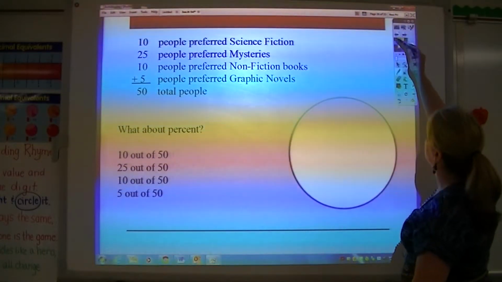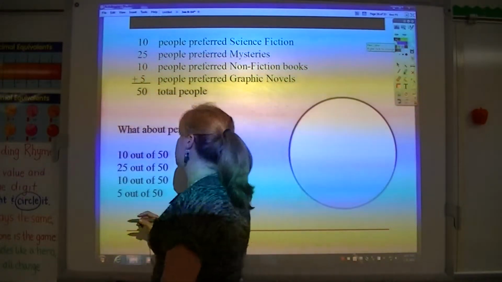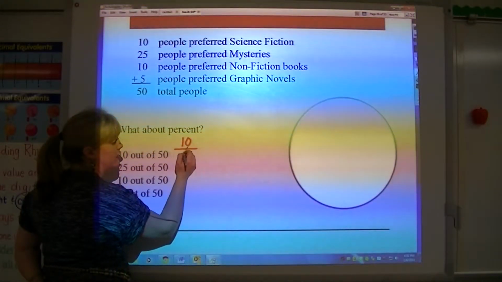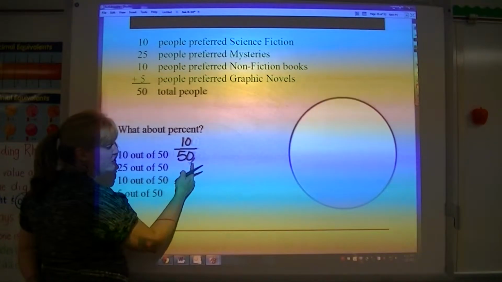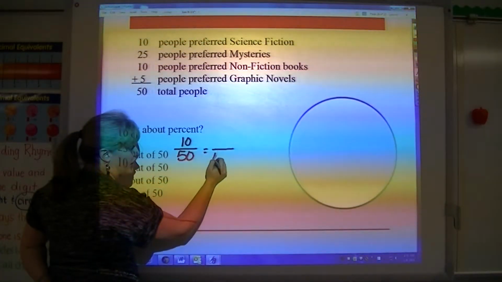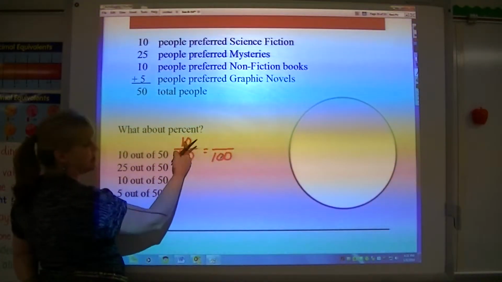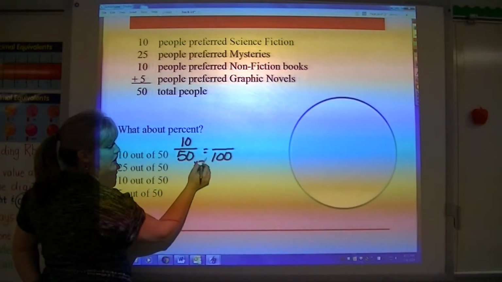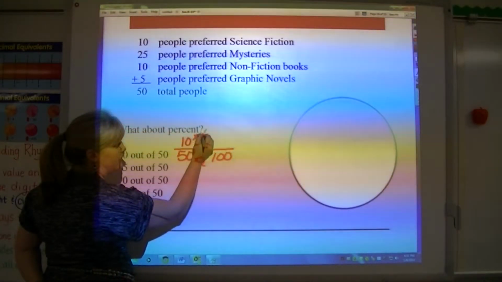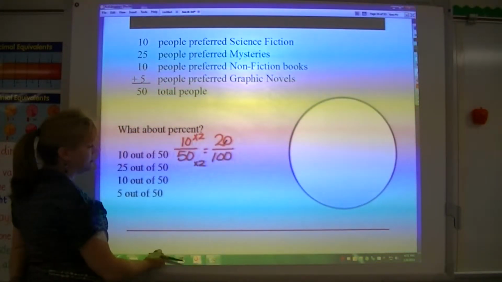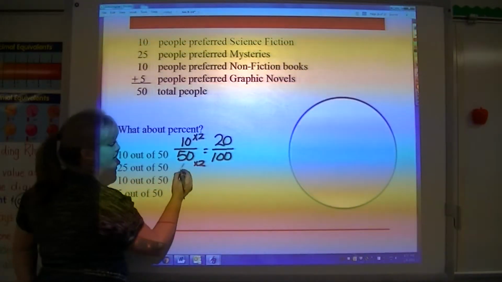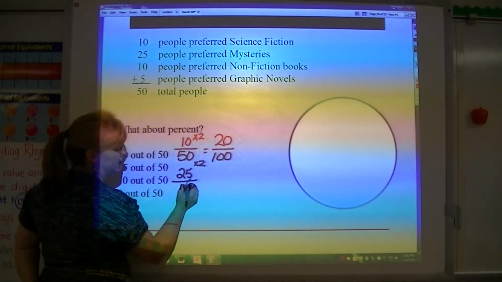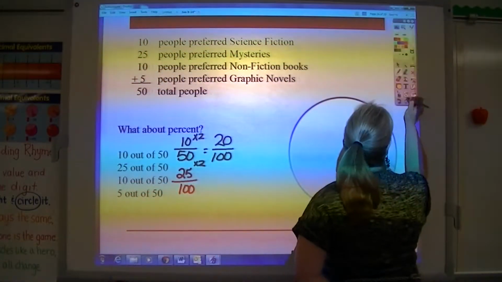Another way would be to use fractions. 10 out of 50. If I can turn that bottom number into 100, then I can make an equivalent fraction. 50 times 2 is 100, and 10 times 2 is 20. Same thing with 25 out of 50. If I can make an equivalent fraction of 25 out of 50,